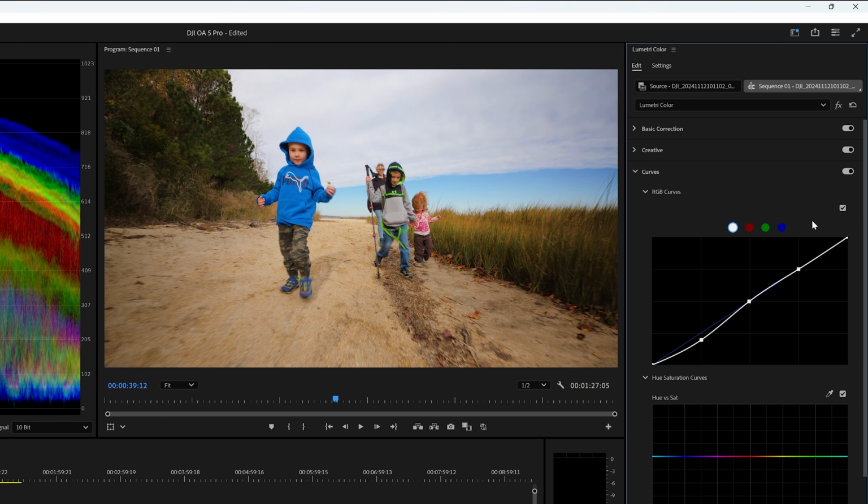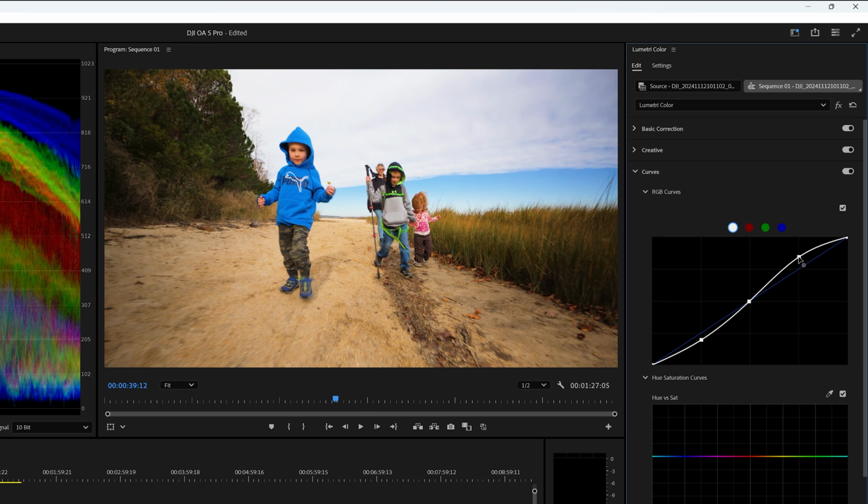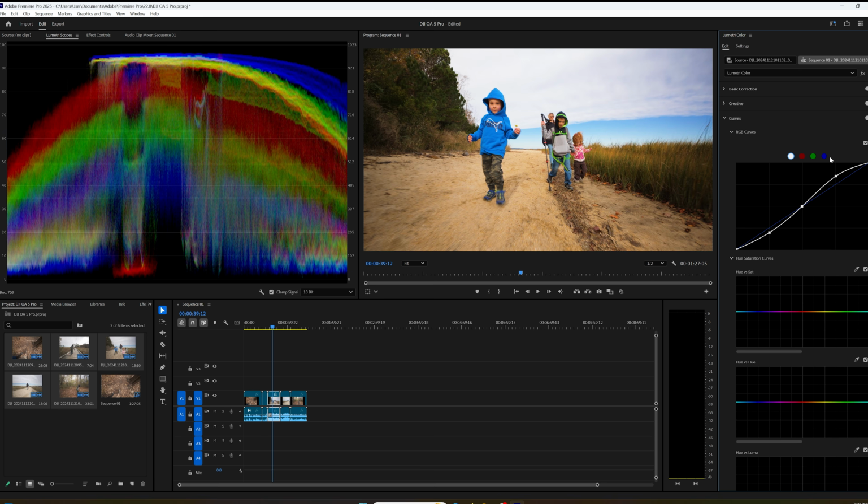And then the highlights, we can drag this one up slightly. That's going to add a little bit more contrast. And depending on how bright you want it, you technically can go up a good little ways there. We have quite a bit of range to work with, which is nice. I don't quite want it all that way, but I'm going to go right about there. I do really like how this looks and feels here with that contrast. That looks really good. I'm not going to do any of these other curves because I've got the LUTs there